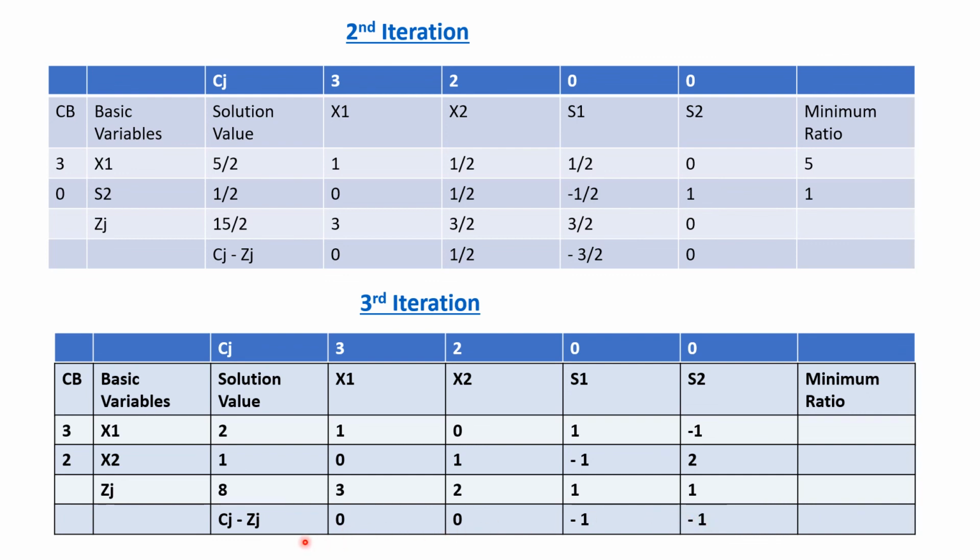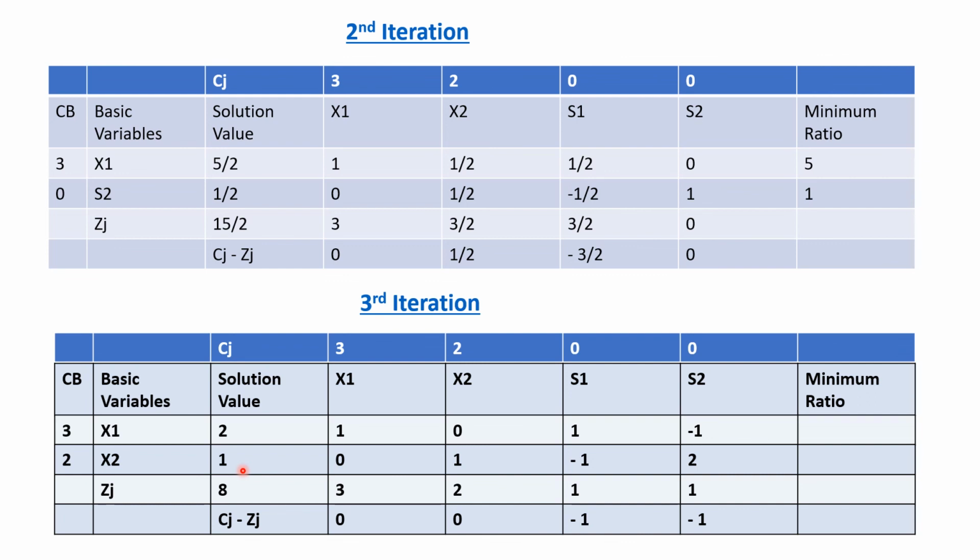Since it's a case of maximization problem, when all the elements in the Cj minus Zj are non-positive, optimal solution is reached, right? So my Z value is 8 and the corresponding values of my variables are x1 equals 2 and x2 equals 1, the same result what we have got in the